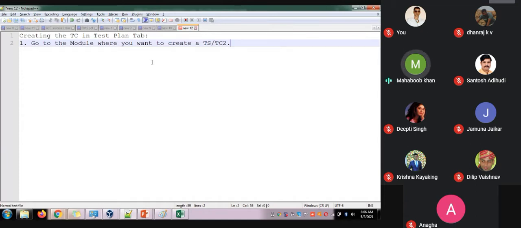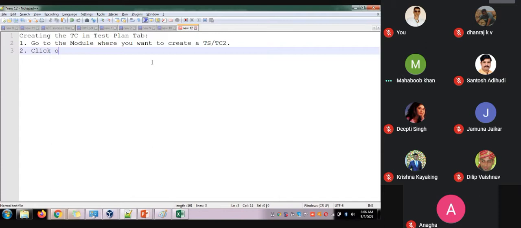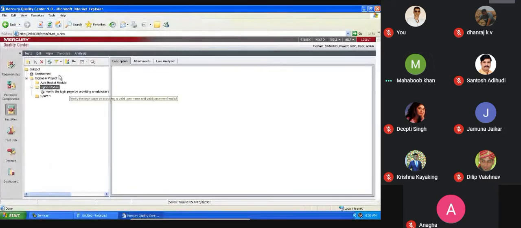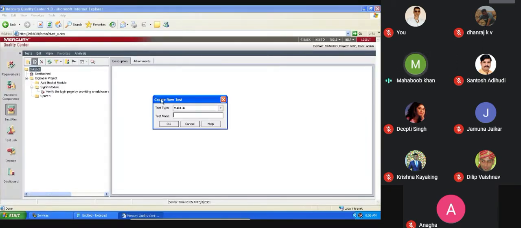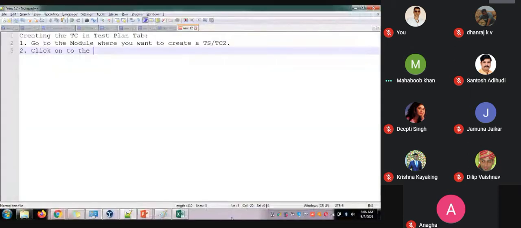Once you move there, then click on the new test tab. Okay, you need to click on the new test tab. What is coming, create new test. Click on the new test